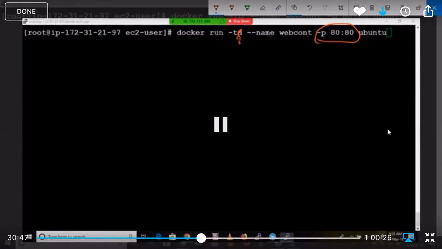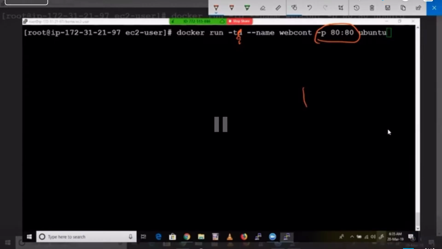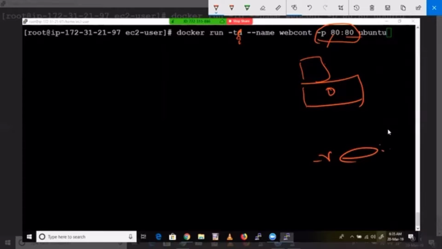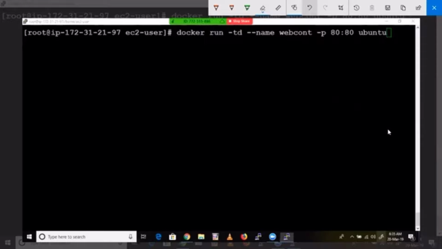The first port is from your host machine, the base machine, and the second one is from your container. Even in the previous command, volume mapping with -v, the first one is the volume from your base machine and the second one is the container. So we are mapping port 80 from your host machine to the container.